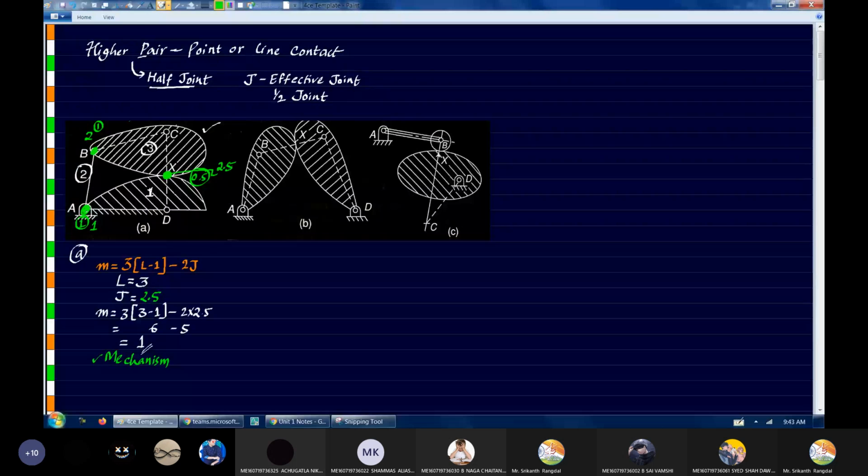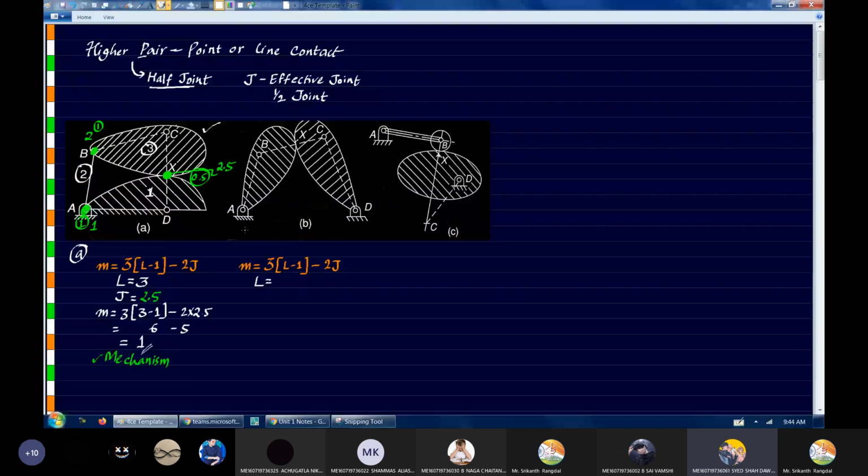Now let's go ahead and see what about the second link. Once again, we'll have to start with the same formula. So this is our formula. How many links are there here? Three again. Yes, ma'am, 3 links. Okay. Can you tell me where the first link is? Fixed points.